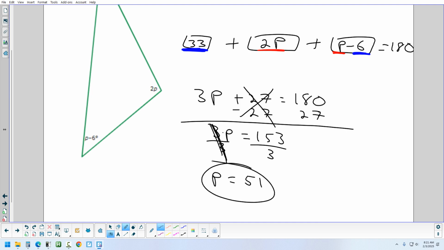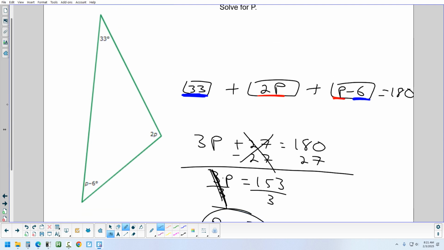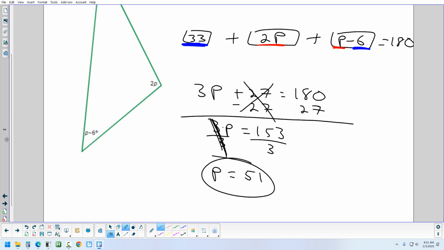Now, when you do the IXL, pay attention to what they're asking you. In this case, if they said solve for p, and you put 51, that is correct. If they said solve for this angle, how much would that angle be? 153? No, 153 is 3p. This is 2p. If it said 3p, that would be right. 102. Yeah, so if they ask how big is this angle, that angle is 102